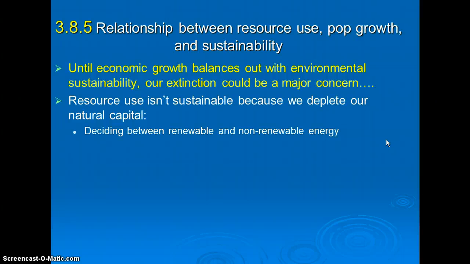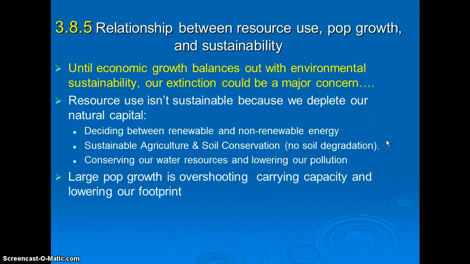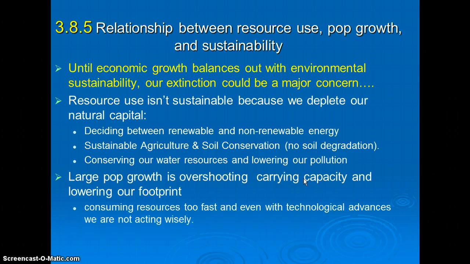Summarizing things from all of this topic, we are deciding more often than not to use non-renewables rather than renewables. We need to focus more on sustainable agriculture and soil conservation and really decrease our soil degradation. We need to figure out ways on conserving our water use and lowering our pollution in the water. We need to figure out ways of trying to lower the population growth because it's really large right now, and we are potentially going to overshoot carrying capacity wherever that is, because we decided in class it's hard to know, and figure out ways to lower our footprints. We're consuming resources too fast, and even some